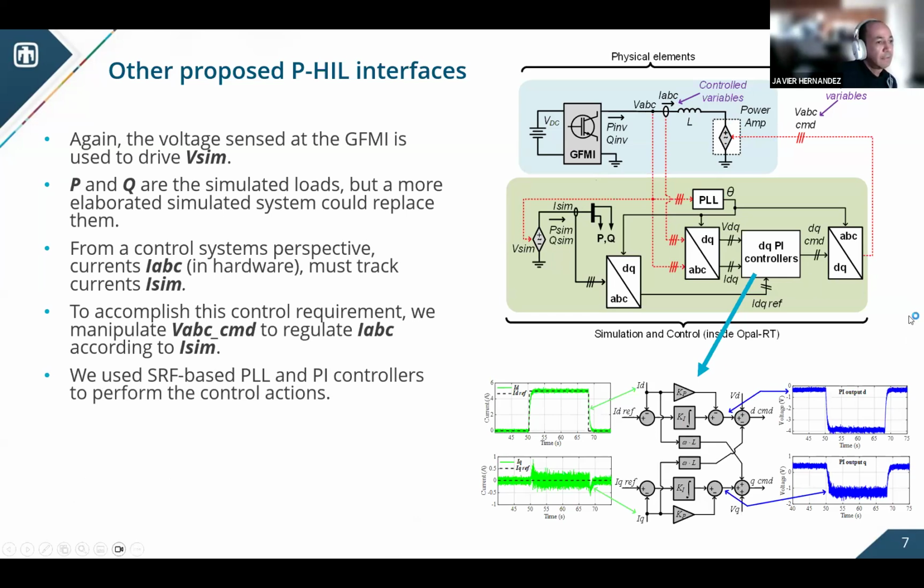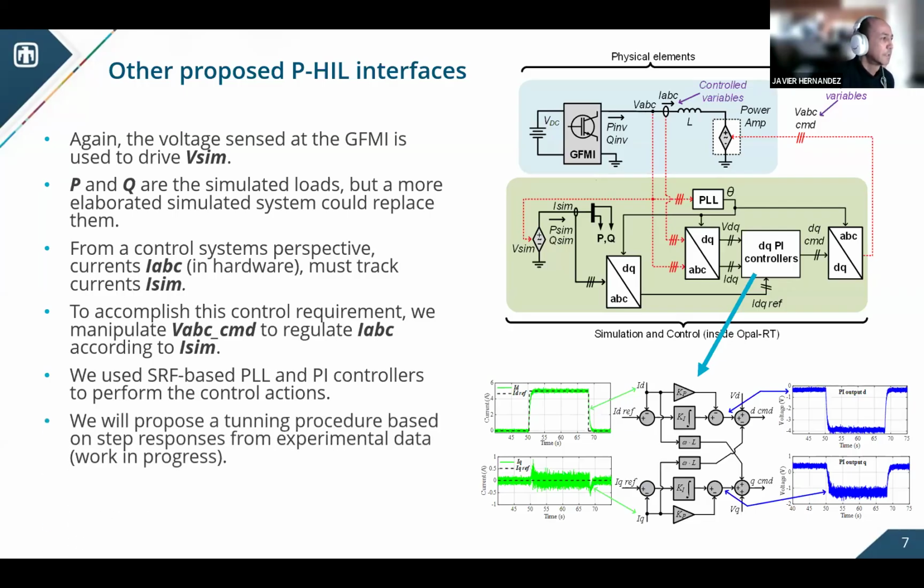We have tested this P-HIL interface with a good degree of accuracy and stability, but we have used only a residential grid forming inverter, the Outback. We are still pending to try this methodology with one of our 100 kVA inverters. Also, one of the drawbacks is that it is always difficult to tune these controllers, but it's a work in progress to propose a tuning procedure based on step responses from experimental